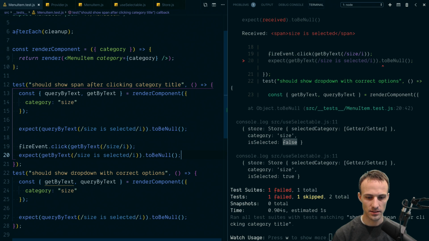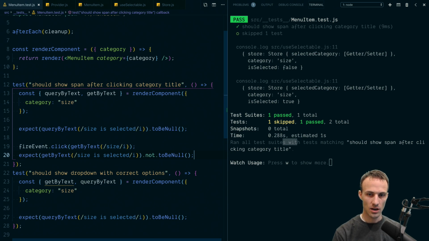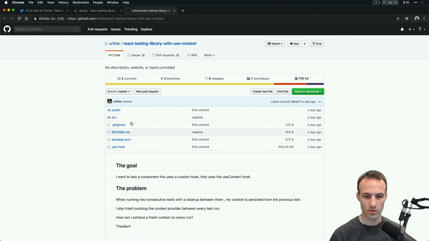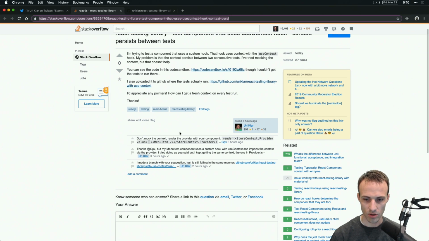I think that is a problematic test. I think the expectation is that it's not null. Based on the code here, the assertion was wrong. The assertion should say that it is selected now because I clicked on it. So hopefully that's correct. The original question was, hey, I think we're getting